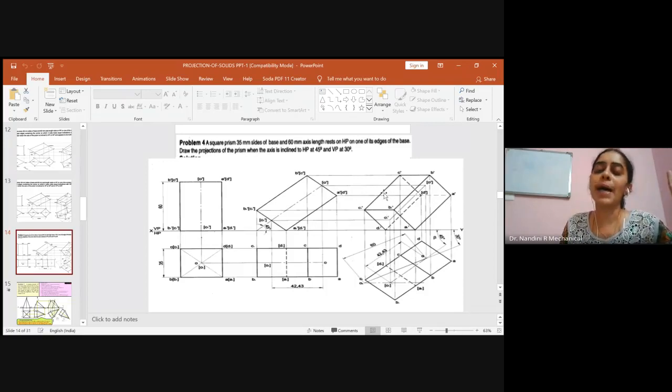If you get any inclined lines, either for the axis or for the longer edge or for the shorter edge of the base and the top of the square prism, then you might have gone wrong somewhere, either in determining the beta angle properly or taking the projections properly, or naming it properly. So you have to cross check where you have gone wrong. So this is how you have to solve the problems. I have covered all the 4 problems related to projection of solids in square prism. So please have a look at the primer which has been given to you.